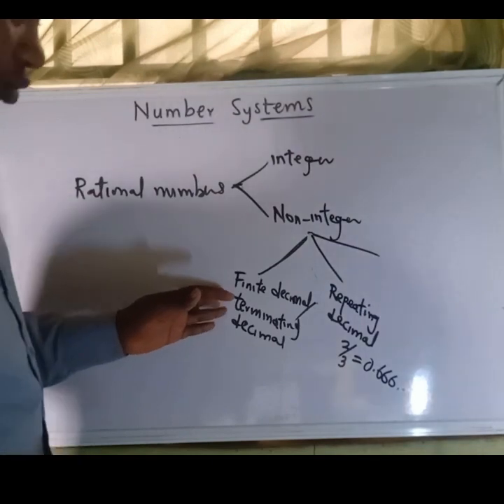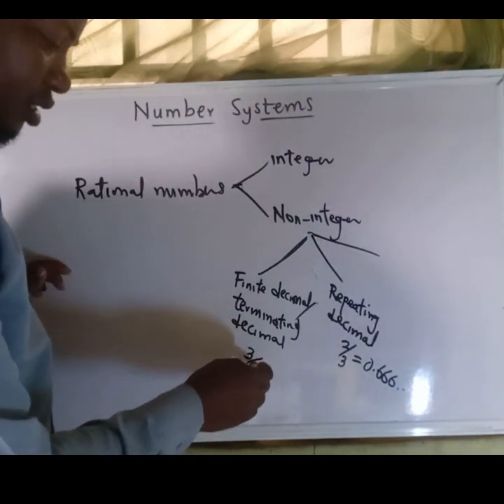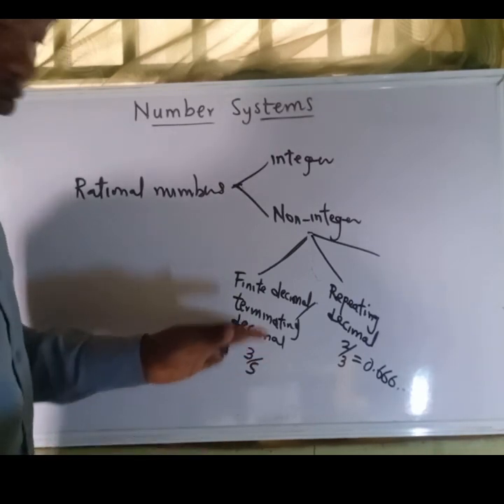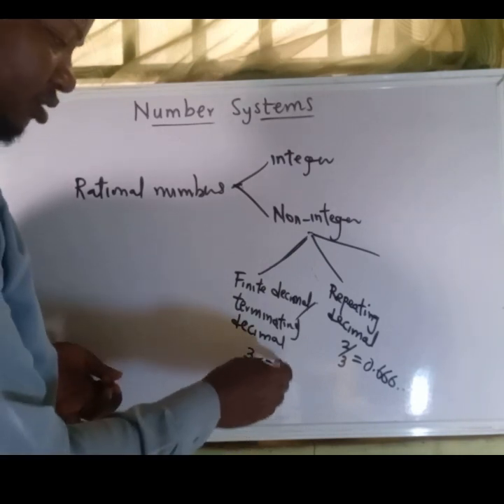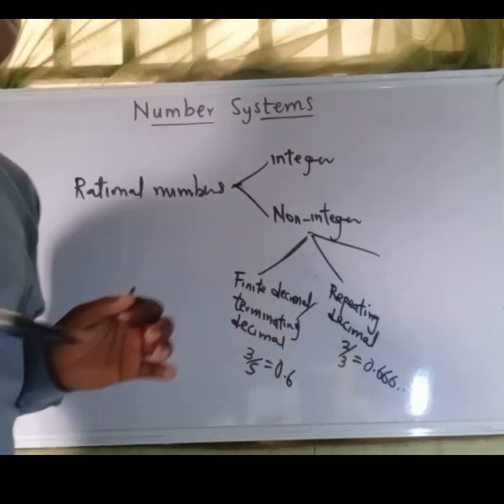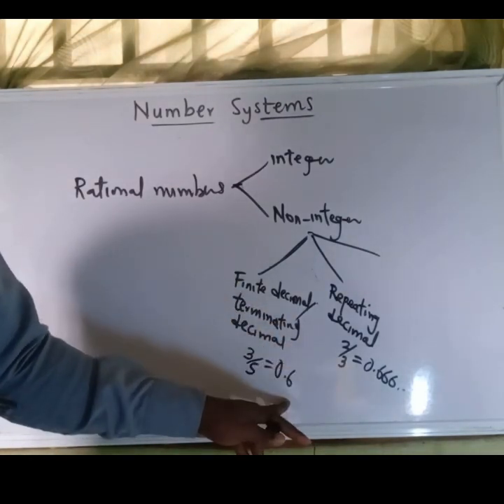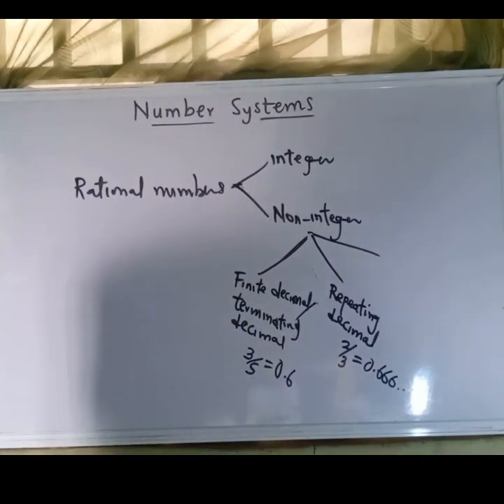And then I think we choose a number at the right time. Under here, we can choose a number. Though I didn't show some of the numbers, an example of this is 3 over 5, which is 0.6. So it is finite, because it will go no more. And the last one we have here is